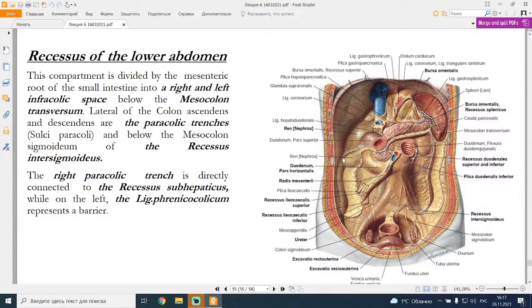Lateral of the colon ascendens and descendens are the paracolic trenches, sulci paracolici, and below the mesocolon sigmoideum the recessus intersigmoideus. The right paracolic trench is indirectly connected to the recessus subhepaticus